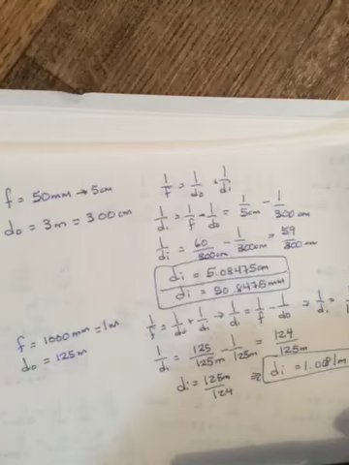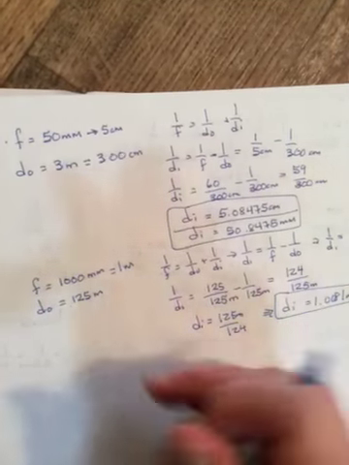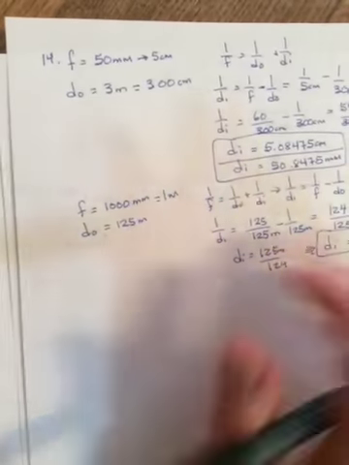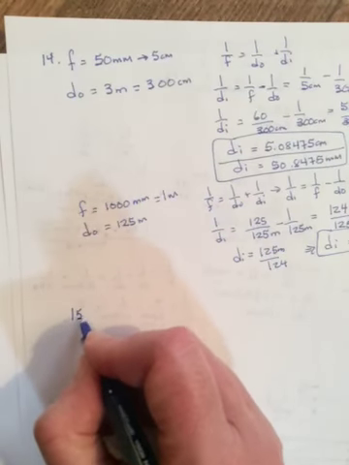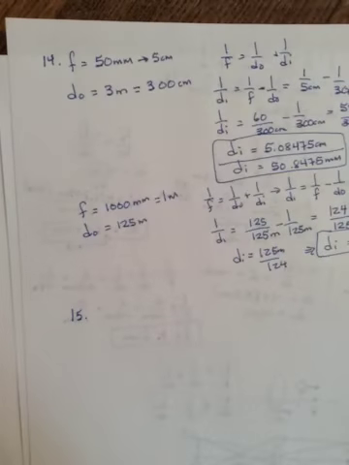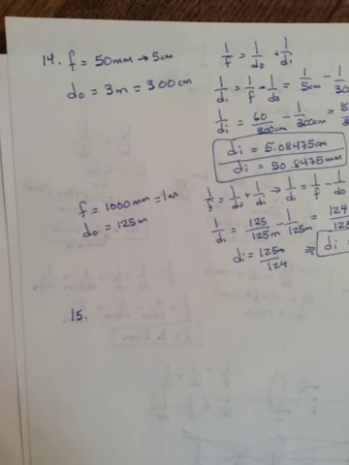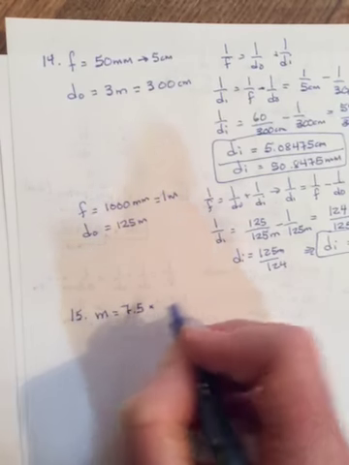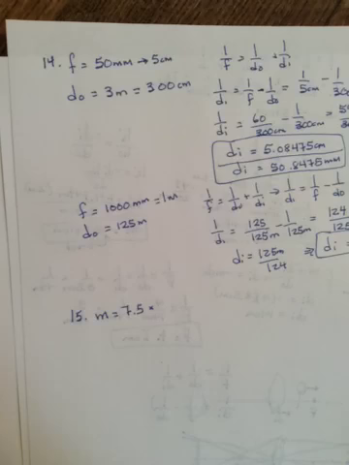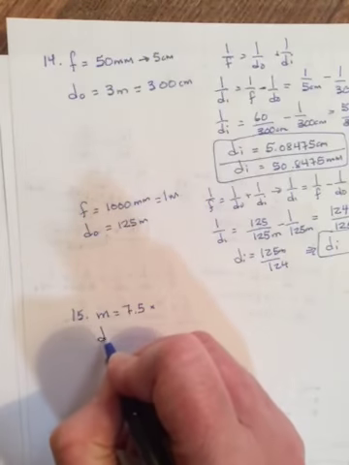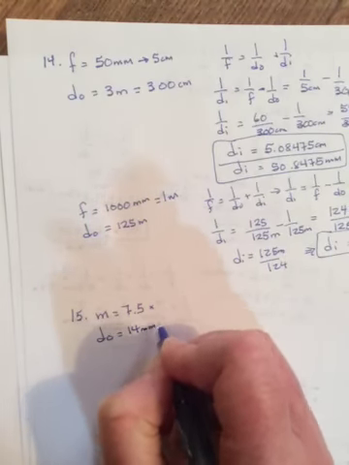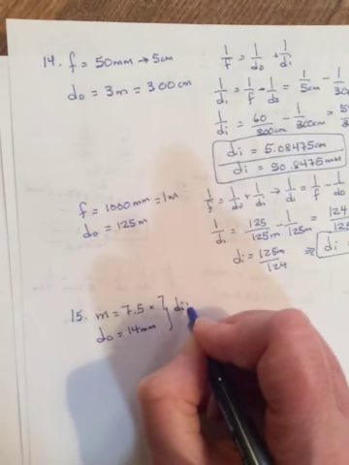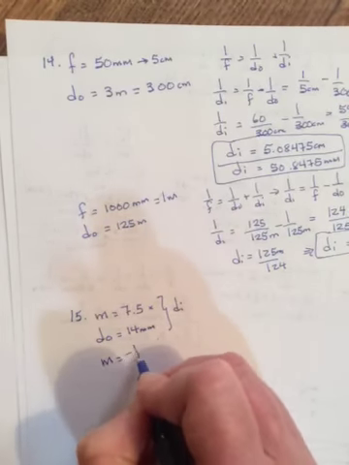All right, number 15. Solve problem 10 using a lens rather than a mirror. So we did problem 10 earlier, one other day, but it was with a mirror. It said, a production line inspector wants a mirror that produces an upright image with a magnification of 7.5. So M is 7.5 times as big. And an upright image, which means it's going to be virtual, when it is located 14 millimeters from the machine part. So DO is 14 millimeters, and from this we can get DI, because we know M is equal to negative DI